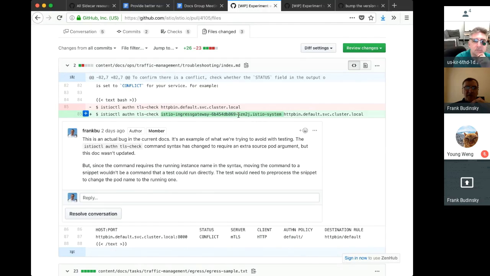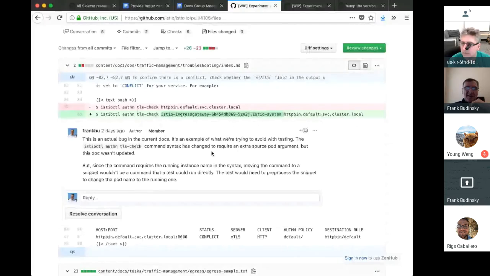The first argument is a pod. Well, it's kind of a weird syntax. It's a pod ID with an optional namespace, which is the way to identify from which source. So again, to fix this example, I said, it doesn't really matter. The Ingress gateway is as good as any. So I just said use the Ingress gateway as the source, and it still works. So this is a classic example of, because of changes going on,